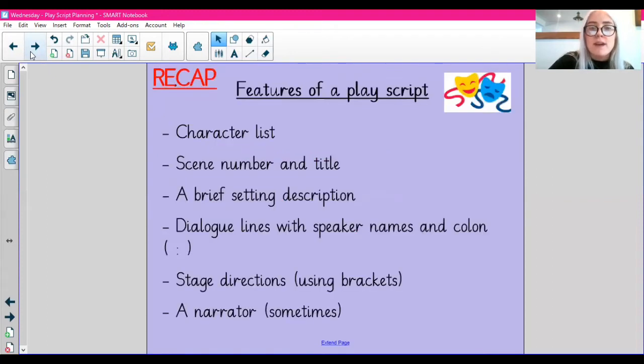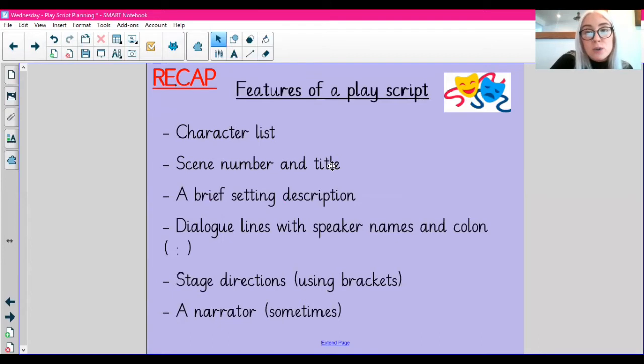So this is just a recap on the features of a play script. Now, I'm going to go on about this for the whole week. So by the time Friday comes, you should know these off by heart because I'm going to keep talking about them every day. The features of a play script are, obviously it has a character list at the start, scene